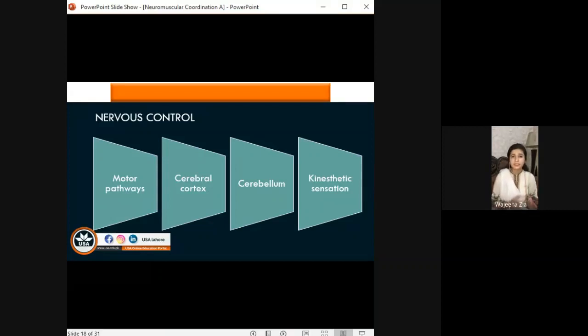Very good example, Nimra Fatima. Yes, students, in knee extension, quadriceps and hamstring will work because they are the muscles of the knee joint. But whenever you perform any movement of the knee, you have to keep the hip joint in neutral position. So that's why the synergist is the Gmax. Any other example from any student?